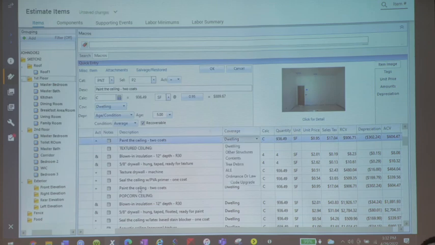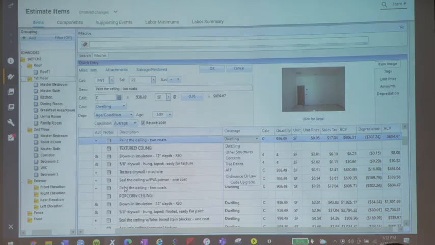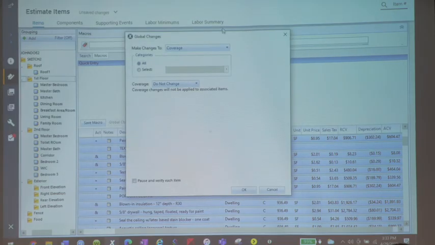Same thing. Let's say you want to do something all at one time to a whole bunch of line items. Okay? So you take the first line item, you can do Control A, which highlights all of them, or you can do the shifting. Once you have all of them highlighted, you hit global changes. So you can change all of the coverages at one time. You can change the factoring at one time. You can change the taxes, O&P, and repair all at one time. Titles, depreciation, notes, labor minimum, activity, all